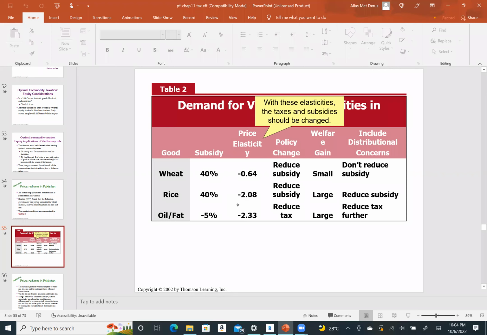So the current government policy is what? Instead of tax, they give subsidy. So in terms of equity, probably they are doing the right thing. Okay, but the subsidy is too much, 40%. All right. So now, what that study is suggesting,